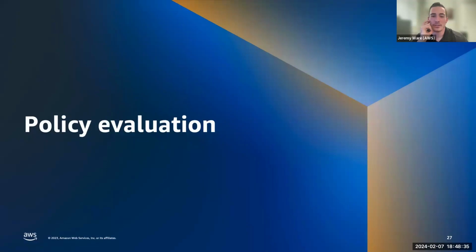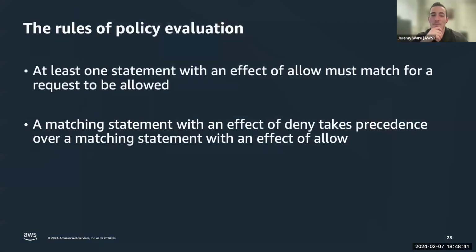All right. Pick it up a little bit here. So policy evaluation, this is the hardest part of all identity in AWS. We do have a few tools that now make this a little easier. So Access Analyzer also has Policy Generator, which helps you go through and generate good policies based on the actions that you need. It is not absolutely perfect, but it is far better than the old UI and IAM of just creating a policy and having it yell at you for syntax errors with an inconsequential number and value there.